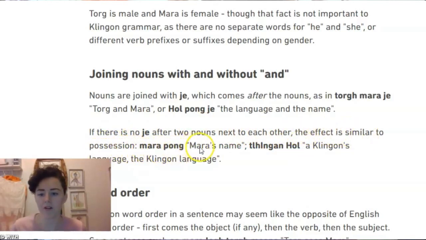Mara, Polk, Mara, name, Klingon, Ho, a Klingon's language, the Klingon language. So pretty much what that's saying is edge is and, but it comes after the nouns, which is actually pretty cool and pretty efficient, which you can really see the Klingon perspective in that they want to know what they're